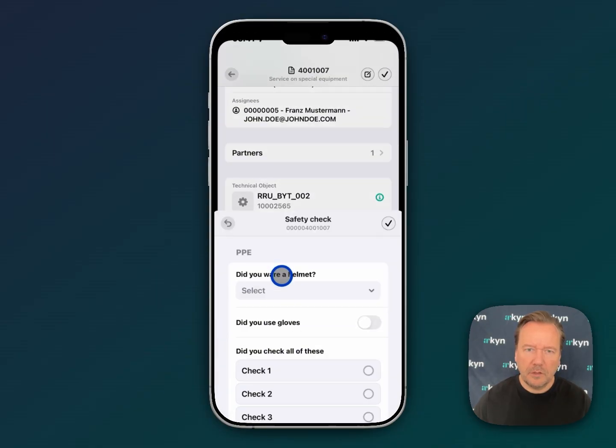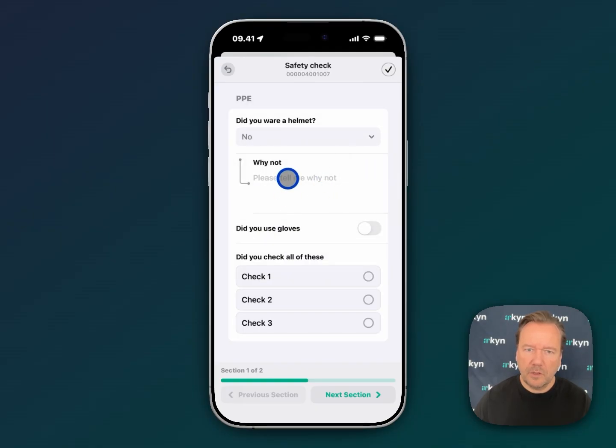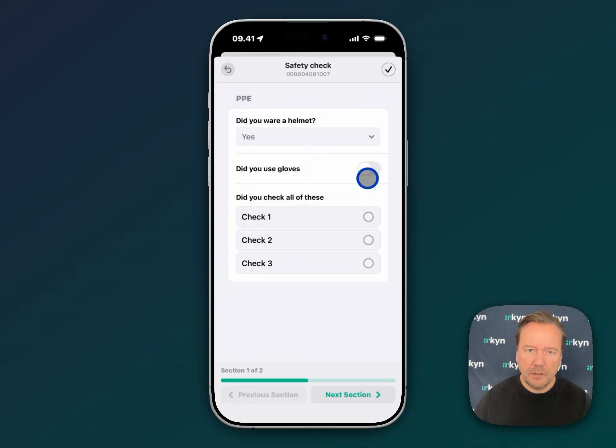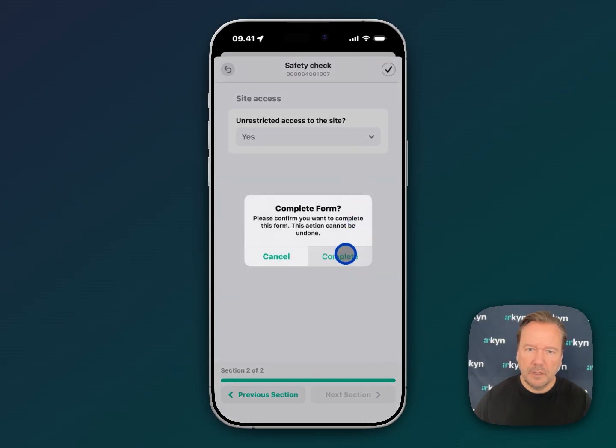If I tap that, you can then see the different sections that I made. So did you wear a helmet? Yes. And if I answer no, we get the conditional question on why not. Let's just say I wore the helmet and then saying yes to gloves. I can check the two parts that is correct here. Go to the next section, say yes, complete the form, and just